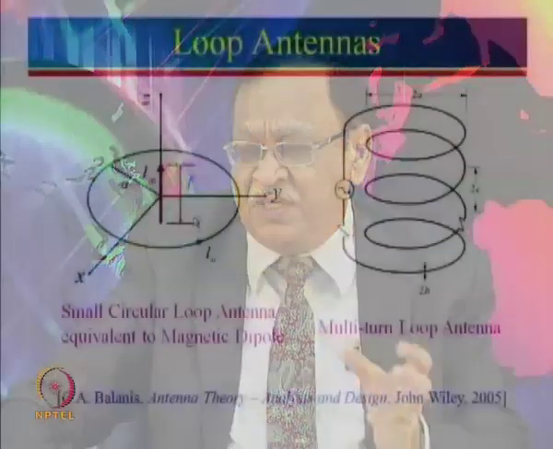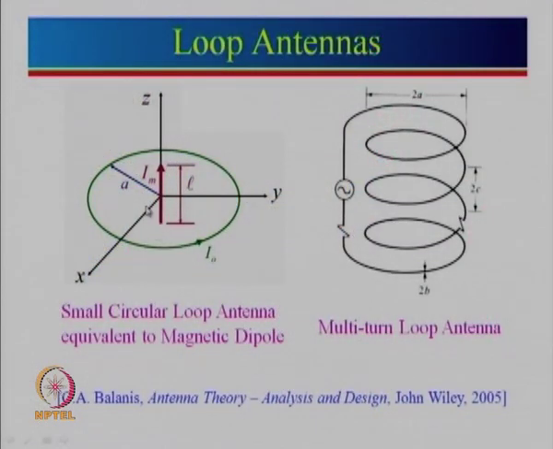Now, for the loop antenna, we can actually think reverse of that. So, loop antenna current is moving in a circular fashion. So, this can be thought about now, that this is equivalent to, instead of electric dipole, if it is a magnetic dipole, then this will be the field around that. So, approximation actually is valid, that instead of using an electric dipole, all we need to do is we think of this as a magnetic dipole. So, this one, instead of becoming a magnetic field, now it is electric field.